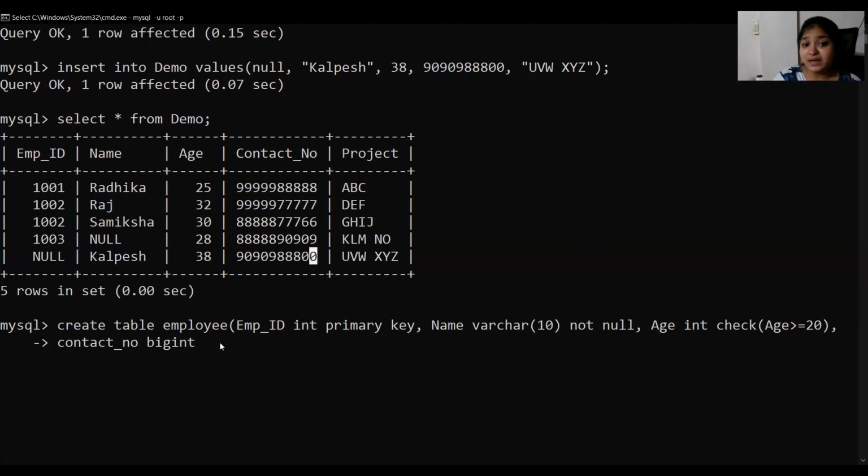So why didn't we specify contact number as our primary key? Because it is not necessary that every employee should have a contact number. It is not a compulsion. Maybe an employee does not want to enter their contact number. So we cannot put it as a primary key here. But we can have a unique constraint, so that all the contact numbers should be unique.